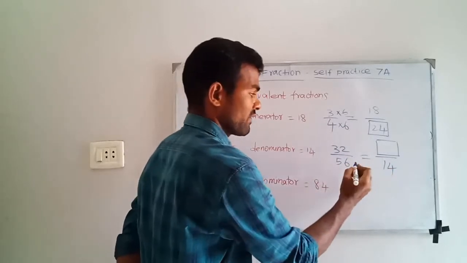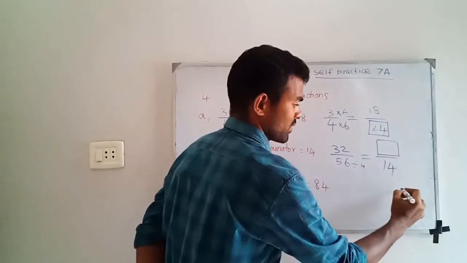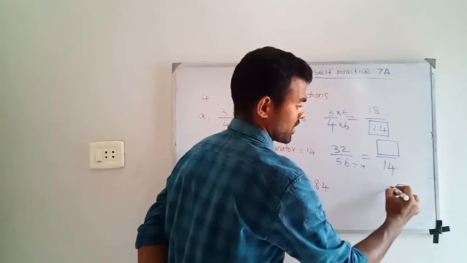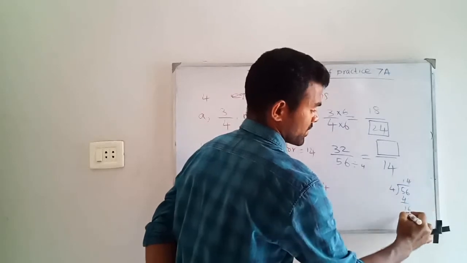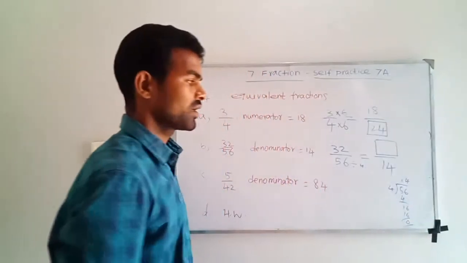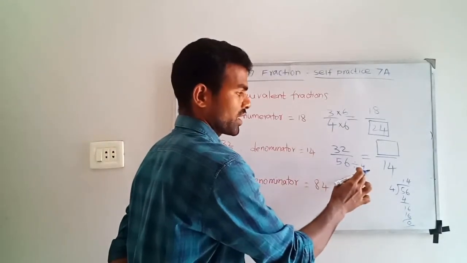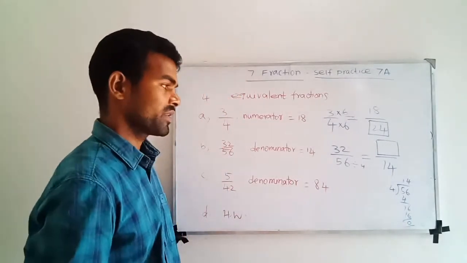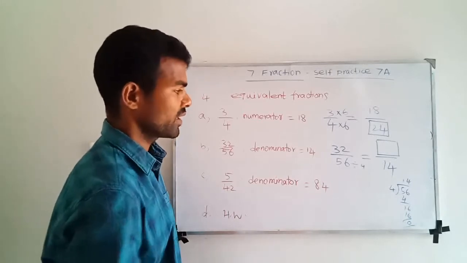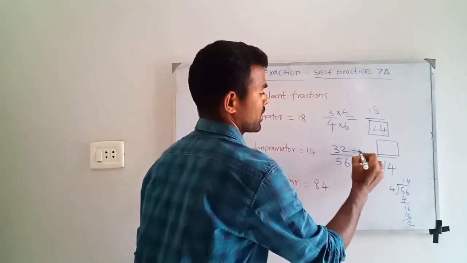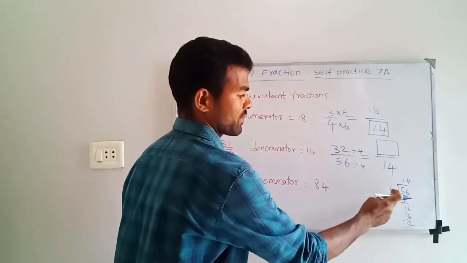Yeah, 56 divided by which number? 56 by 4, how much? Divide it. 56 by 4: 1 times 4 and remainder 1, 16. So 4 4s are 16. Yes. So how much can you divide? Yes. 56, if you divide by 4 you get 14. Same way, here also divide by 4. If you divide 56 by 4, you get 14.